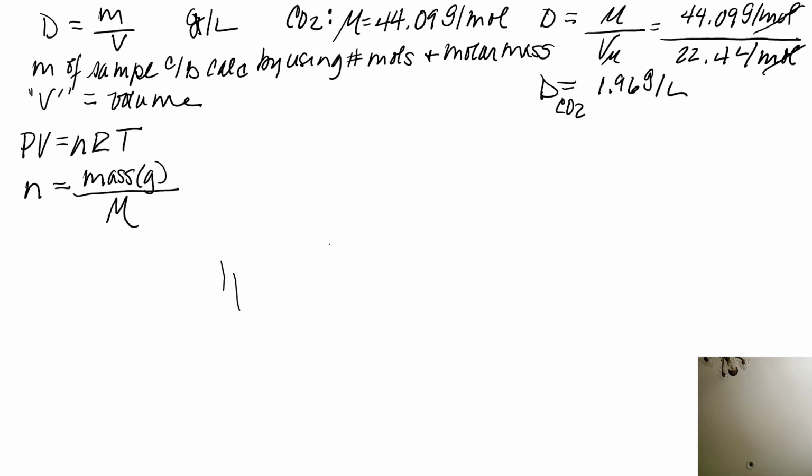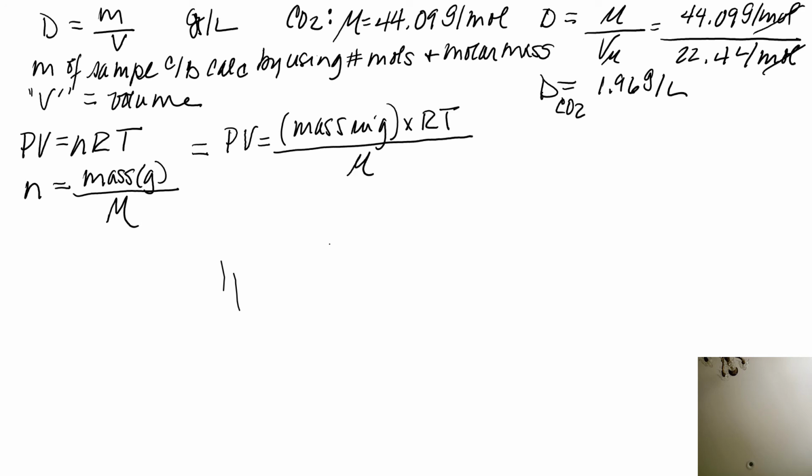So we can actually substitute that into PV equals nRT. So PV equals mass in grams times RT divided by molar mass, which of course is grams per mole,